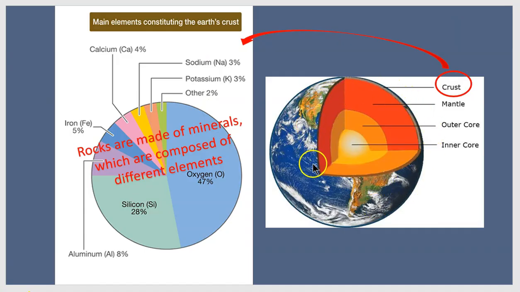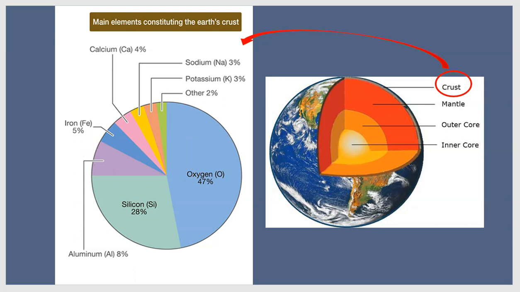Now on the right, we have the cutaway of the Earth again, and let's take a look at the crust of the Earth. Of course, the crust of the Earth, we're familiar, is made of rocks and stuff. So what is the Earth composed of? Well, rocks are made of minerals, which are composed of different elements. And if we take a look at the pie chart here, this will give us the relative abundances of the